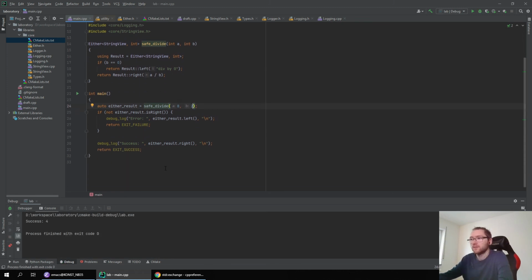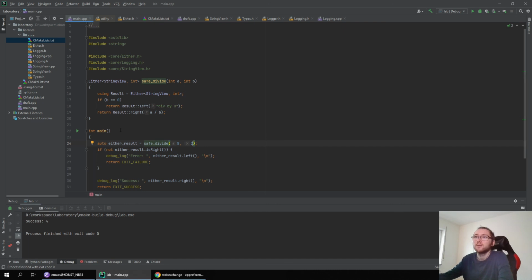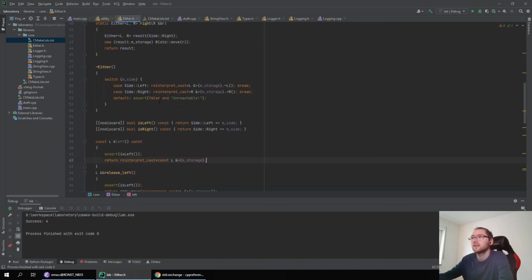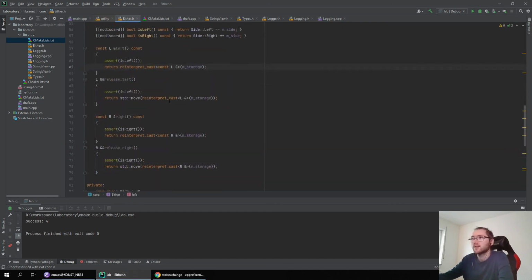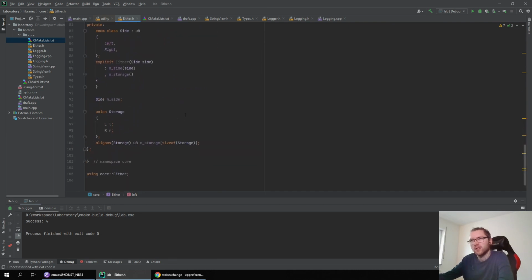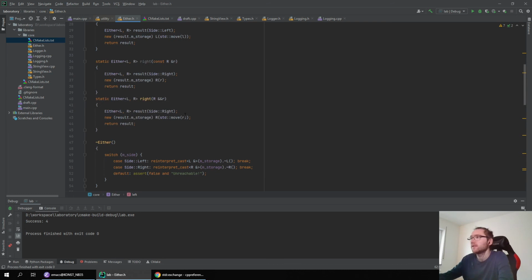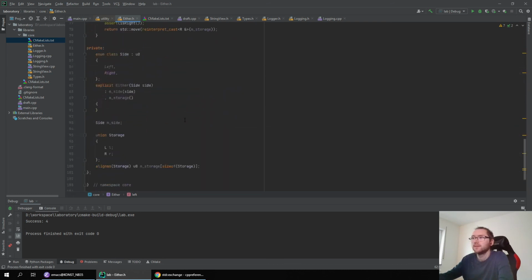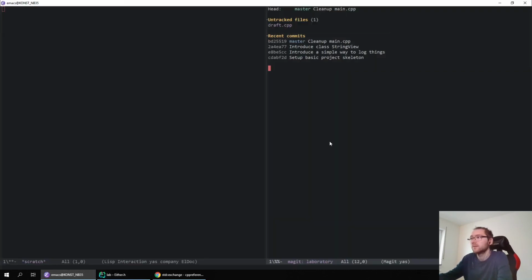Okay, also works. Now we have a small, very trivial either that is probably incorrect in some cases, but I don't care. If a problem arises, I will fix it. Yeah, fine. So let's commit it.